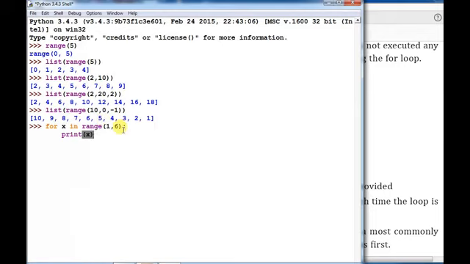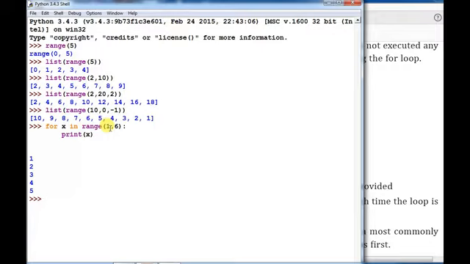In the next iteration the value 2 will be assigned to x, then again the value will be printed. You have already learned this in class 11, so I am not going into a detailed explanation of this for loop. Hope you can understand what the use of the range function is. In this way the loop will execute and you can get the result. Look at the result: 1, 2, 3, 4, 5.